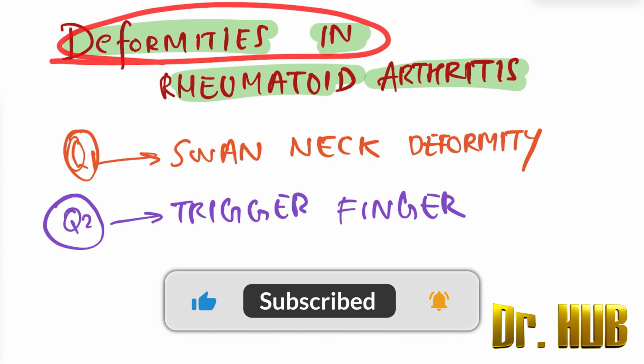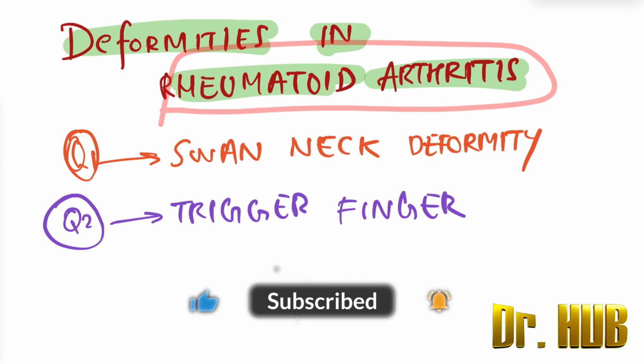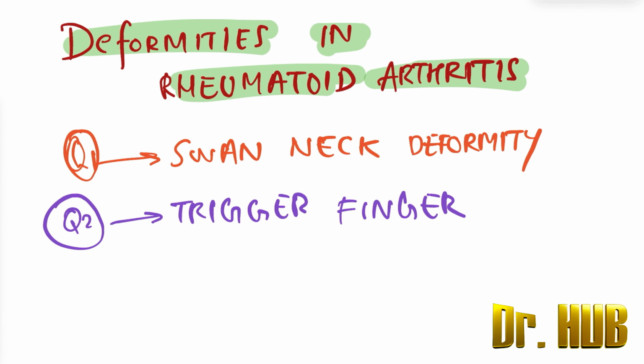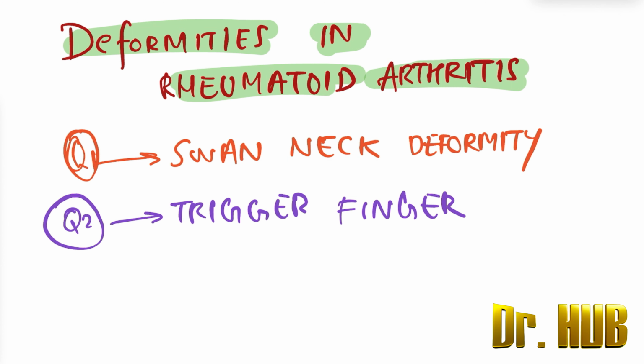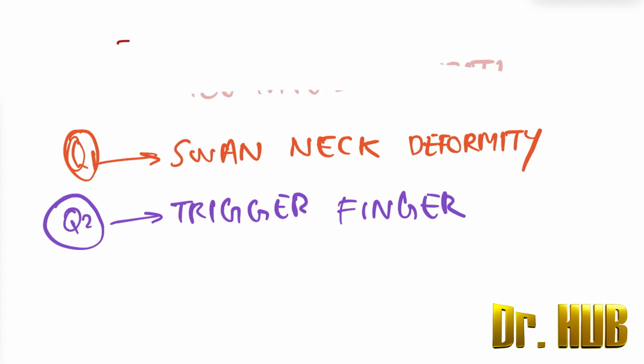Let's look at the deformities in case of rheumatoid arthritis. The questions we would want to ask are: what is a swan neck deformity, and what causes the trigger finger. We'll find out these answers and learn in detail. So to begin with,